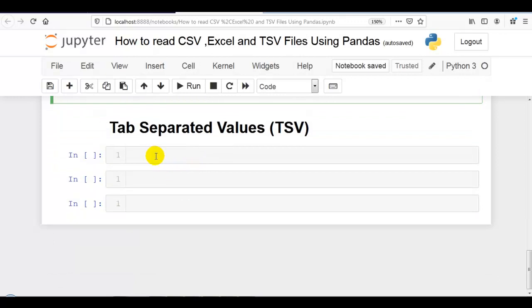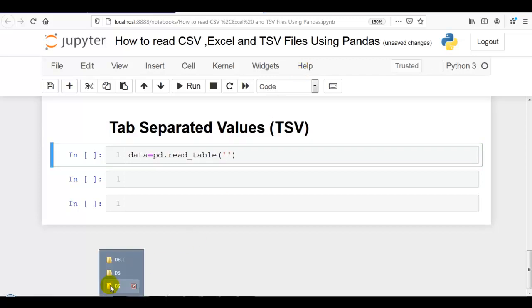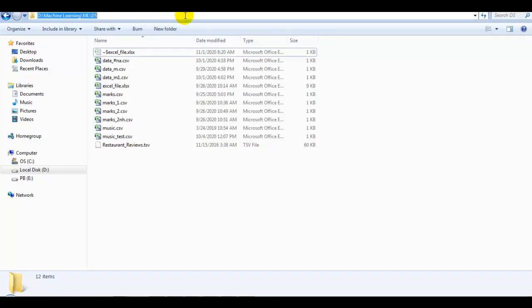Now let me read a tab separated values file. For that we can use pd.read_table, or we can also read it with read_csv, which I will explain shortly. Again, the tsv file is available at this particular path.